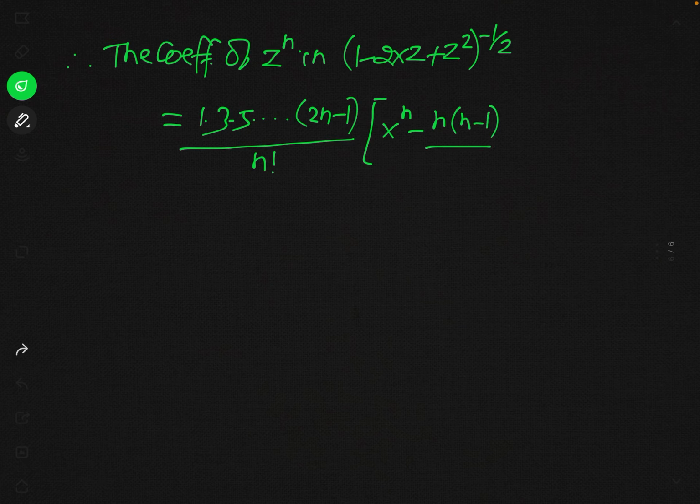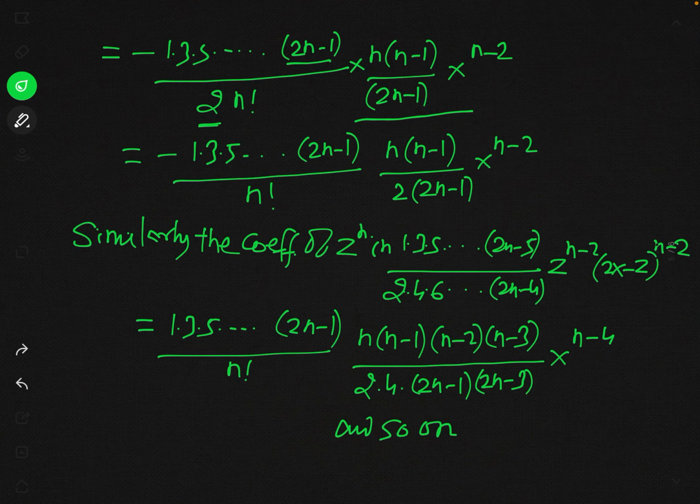This is what remains, so here we will write minus n into n minus 1 divided by 2 into 2n minus 1 into x to the power n minus 2, and plus